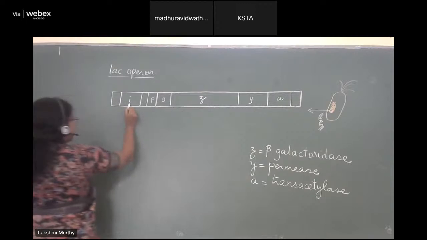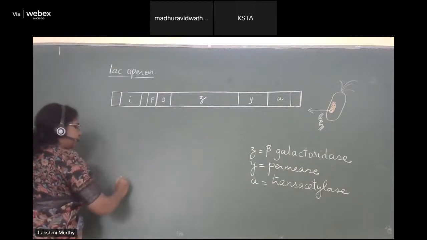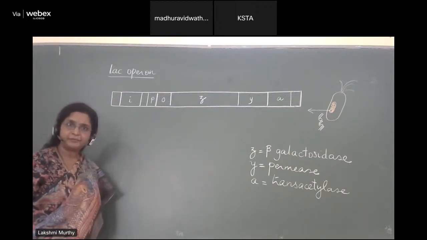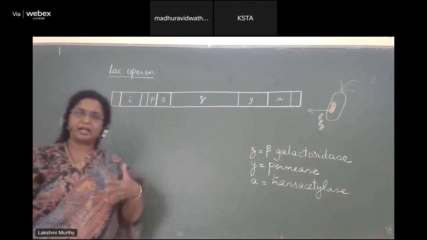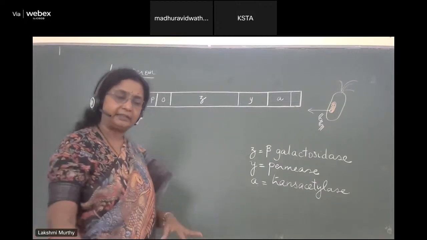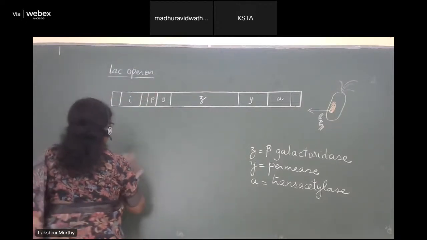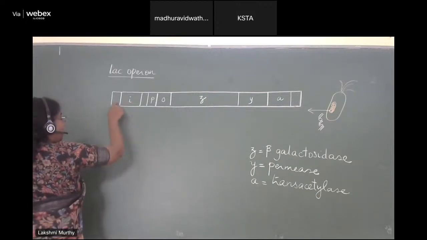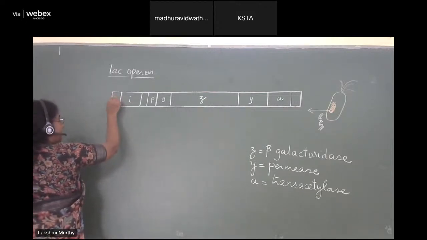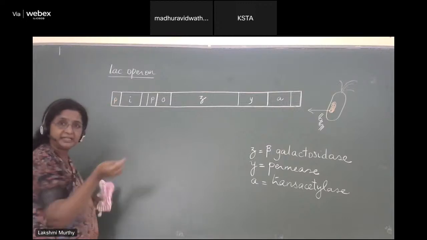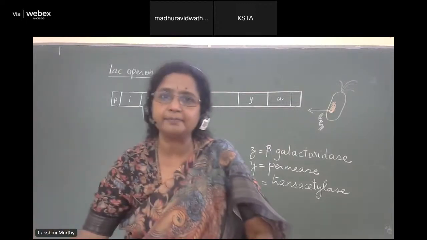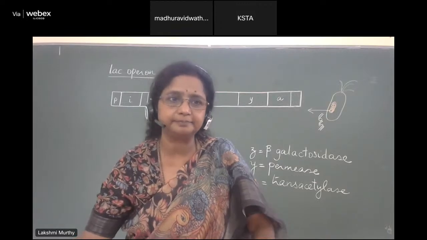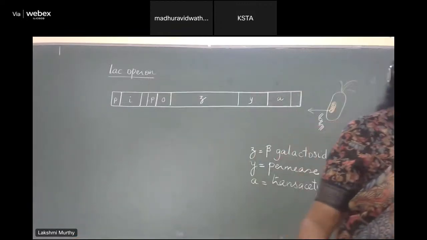Because it is a structural gene, that means it is ultimately going to produce a polypeptide, which will then produce a protein after getting folded. Correct? So, because it is a structural gene, it needs to have its own promoter, and that promoter is going to be present here for the sake of simplicity. Okay? 1 second. Just a second.